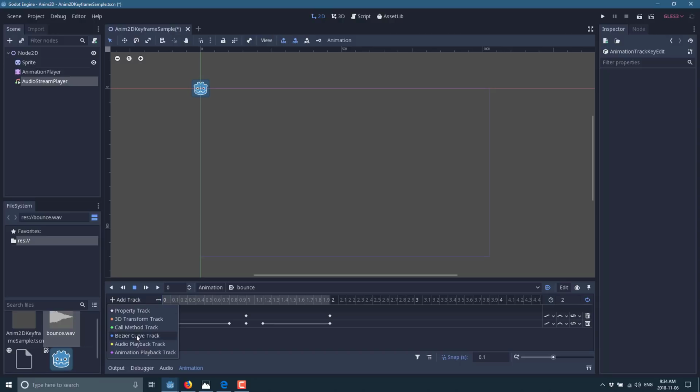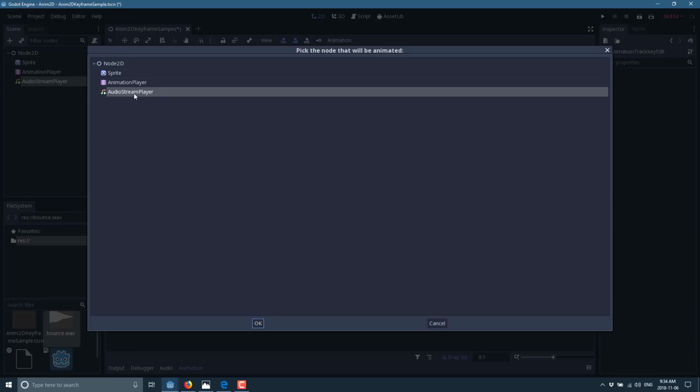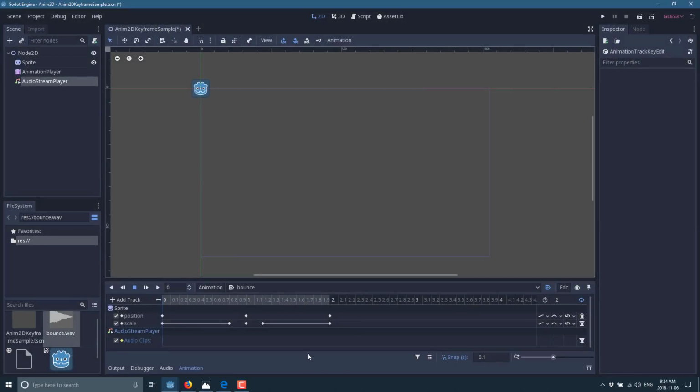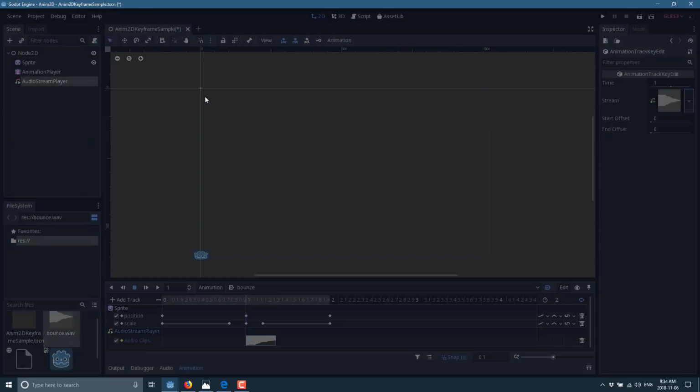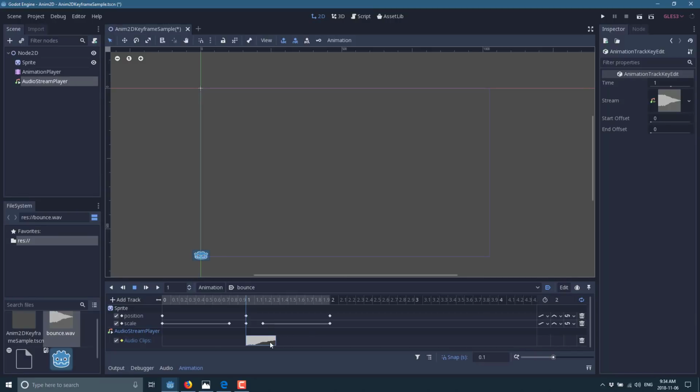But let's show you another option here. We've got the audio playback track. This is basically the same thing. You're still going to need your audio stream player, so we'll just select that. Then at the 1 second mark, we're going to right click and insert a key. This is basically just shorthand for what we just did. Now we could say at that point, play the bounce stream. And you can see now you've actually